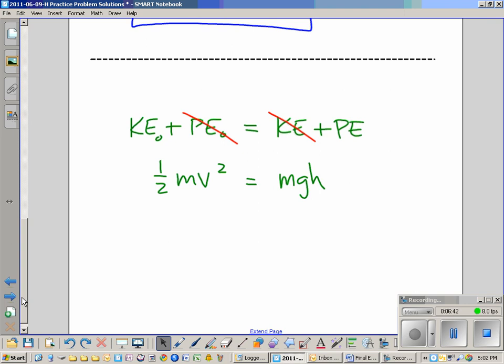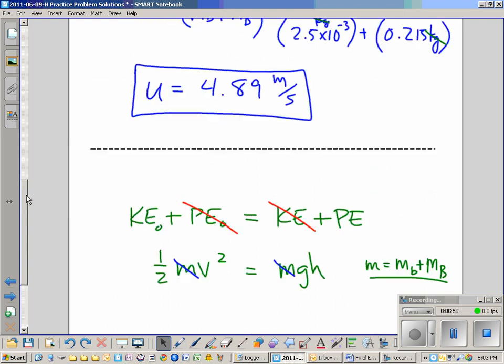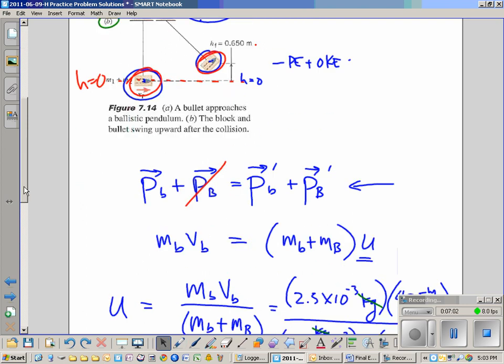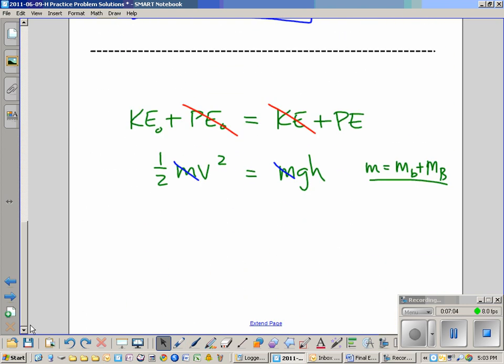Now, it's worth pointing out that m here, this mass, is equal to the total mass of the block plus the bullet, but as it turns out, it doesn't even matter, does it? Because it cancels out on each side, because it's stuck together right here, and it stays stuck together up here. So, all things told, doesn't matter. So here we get